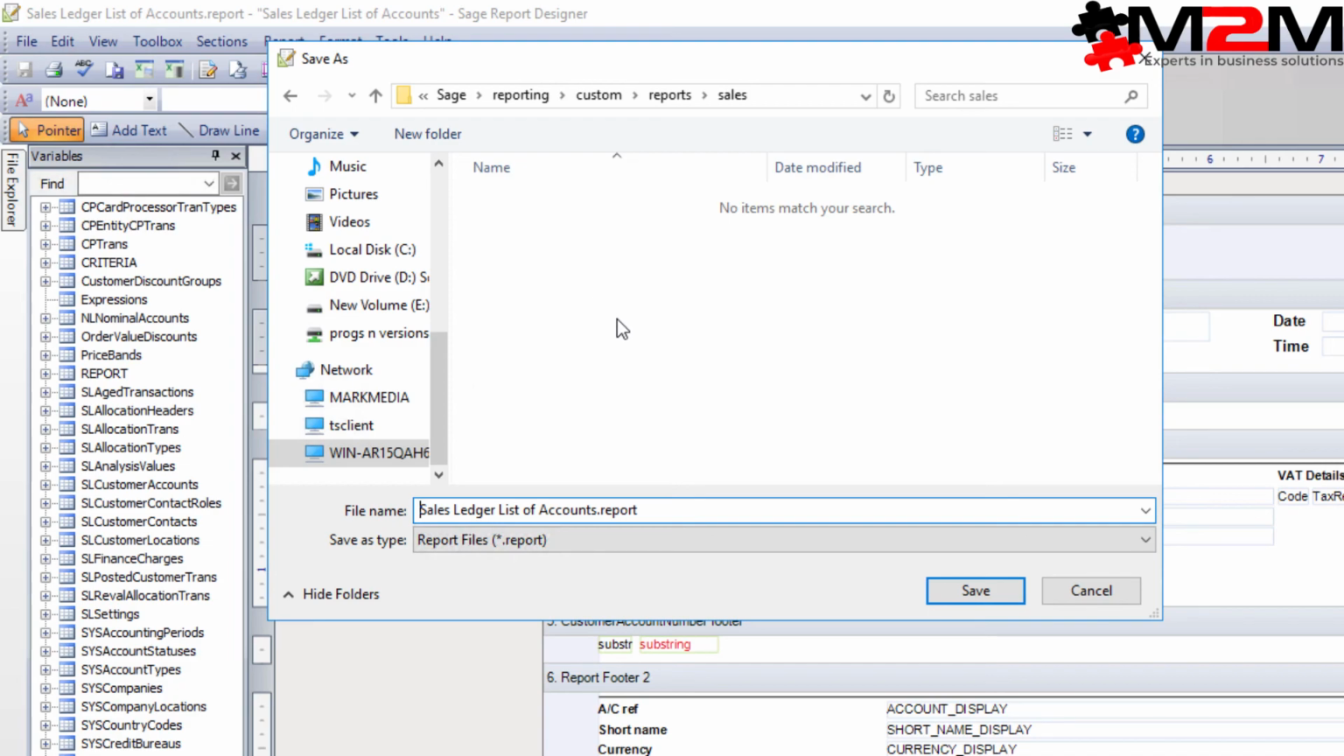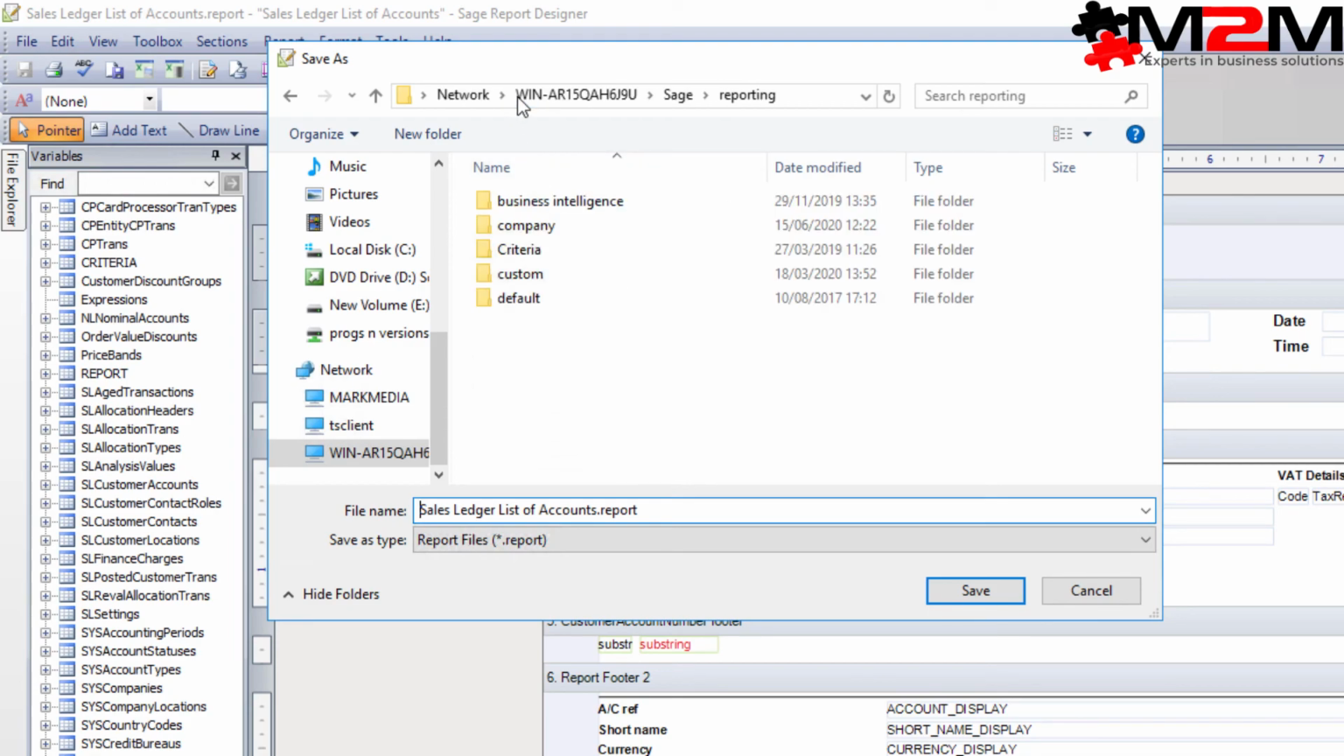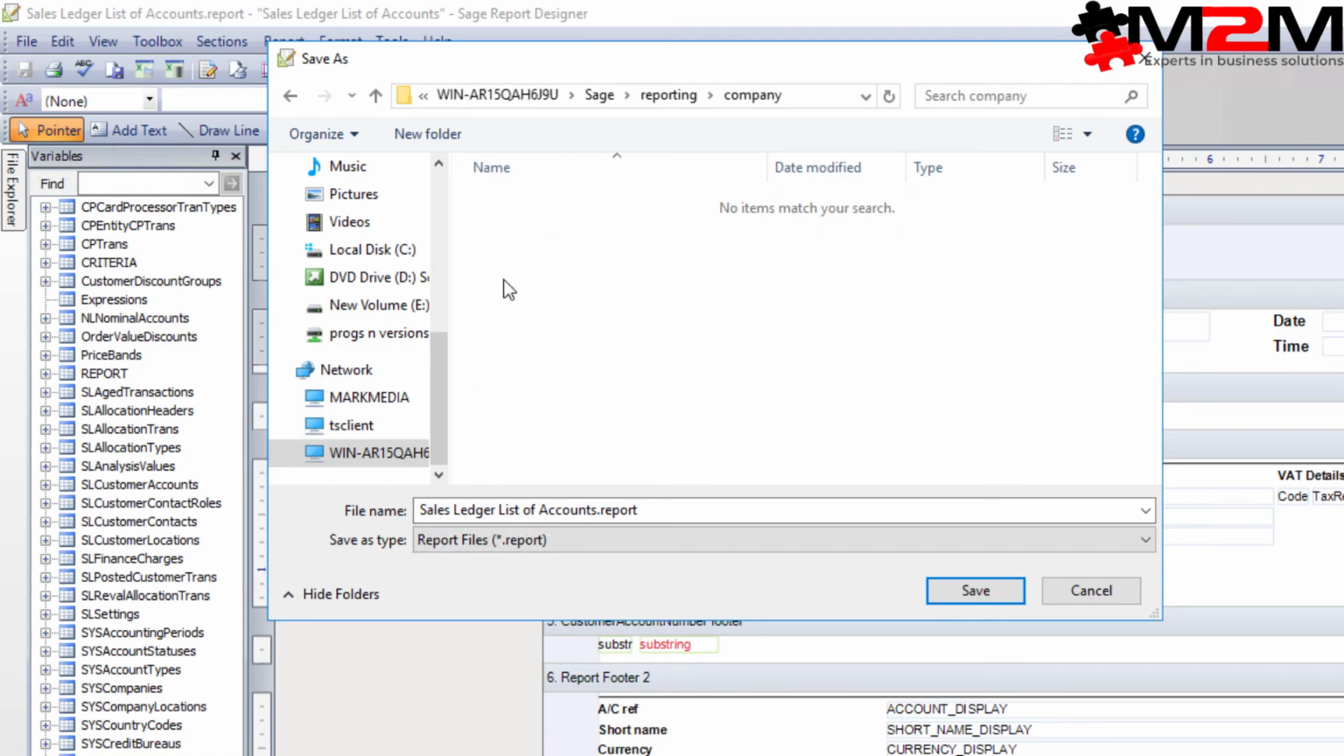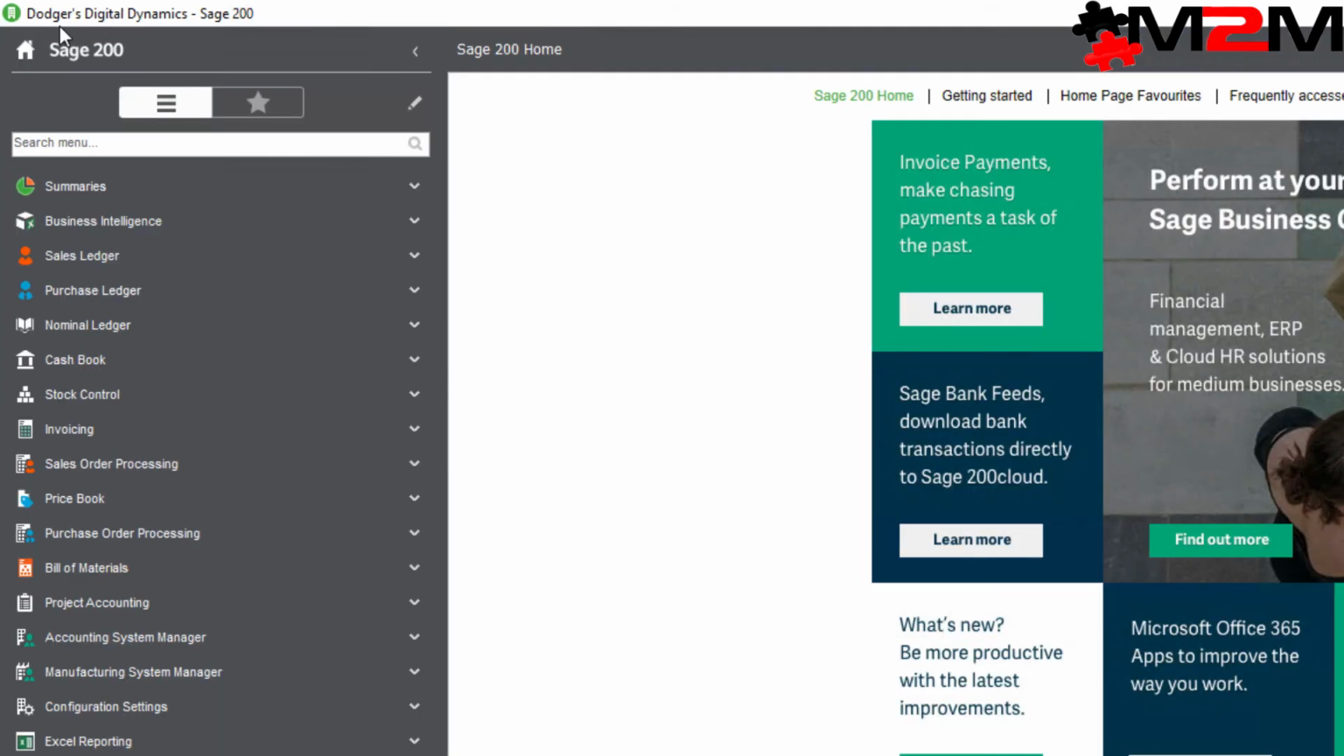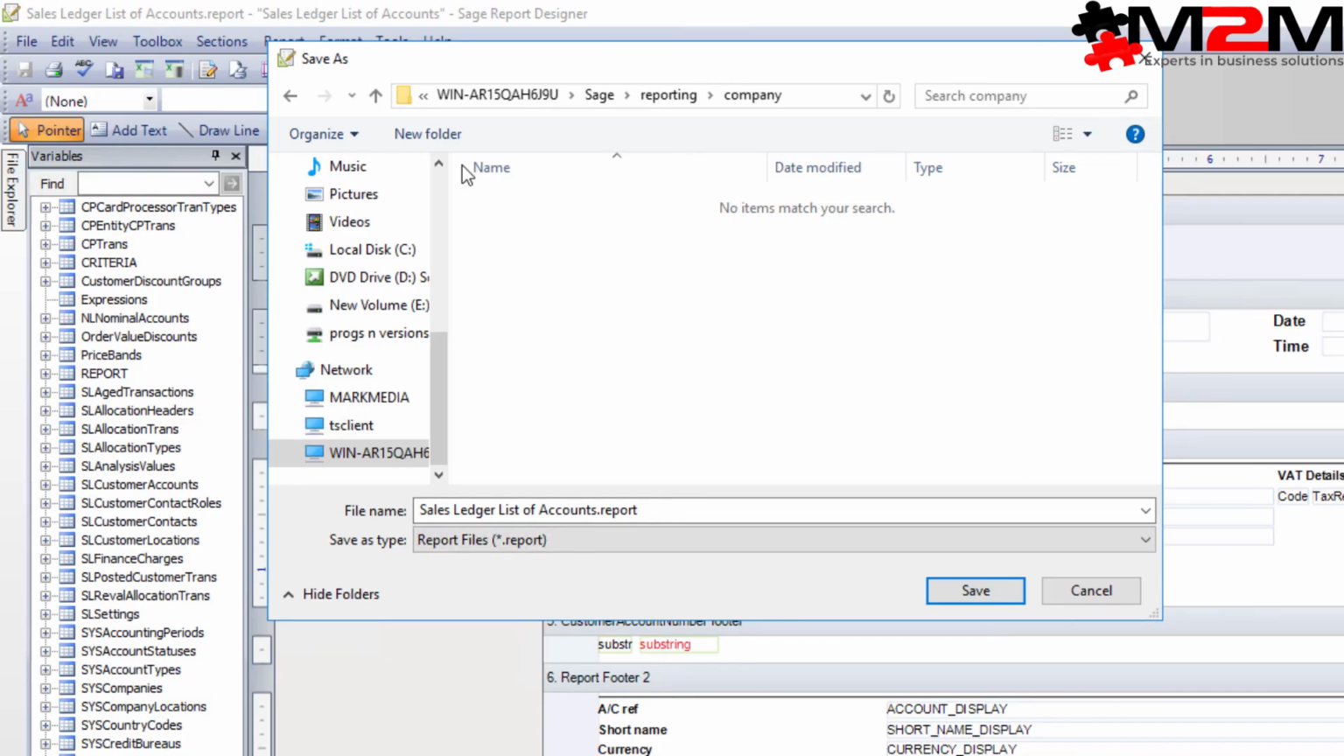However, we're going to be a little cleverer than that, or a little sneakier. Instead, we're going to go back to the reporting folder, into the company folder, and we're going to create a folder with the same name as the company we want this report to work in. So the company is Dodgers Digital Dynamics, and so let's create a new folder in Sage Reporting Company. So, new folder,